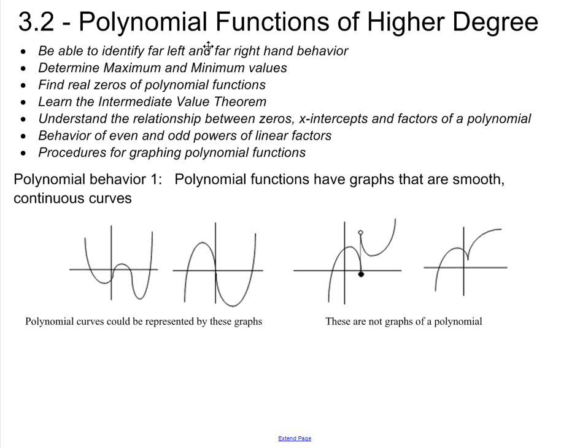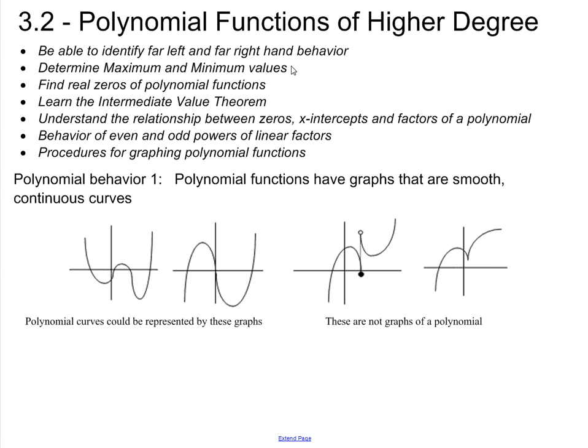So what we're doing is we're taking this a step further, and we're going to discover some things about polynomial functions of degrees that are higher than 2. And how do we discover some of those behaviors about the function given what we know about the behavior of such curves? So our concentration here is to be able to identify far left and right hand behavior of the